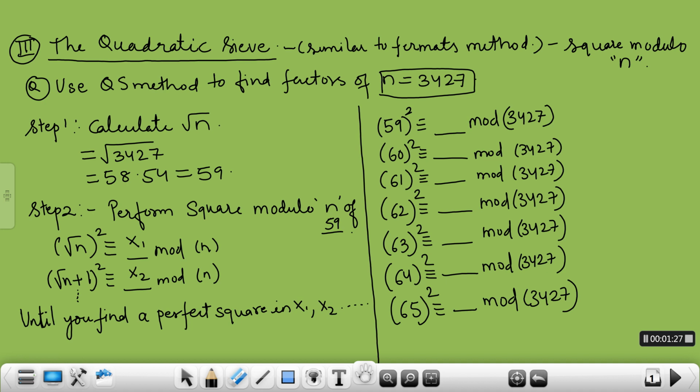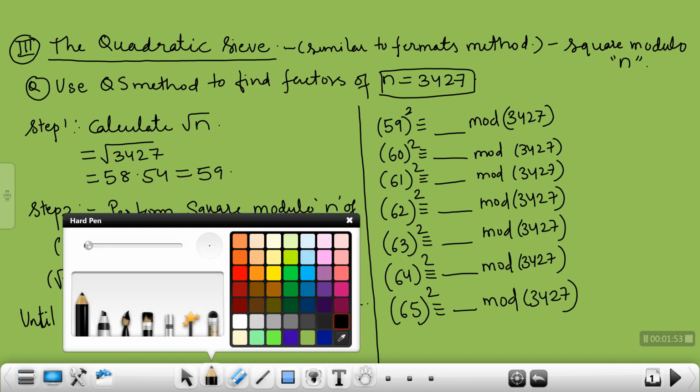Before we start, let me tell you this is a very complex method, quite difficult compared to method 1 and method 2 of factorization. Let me start with an example. I have not given you a theoretical explanation of what we are doing in quadratic sieve. You will be able to understand when we go through the steps. I have solved two problems, so let me start with this problem.